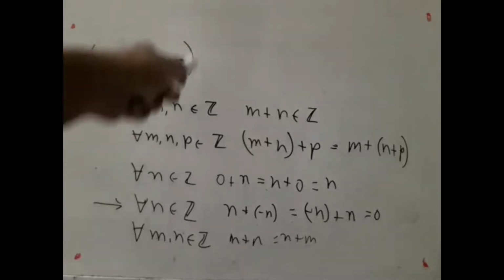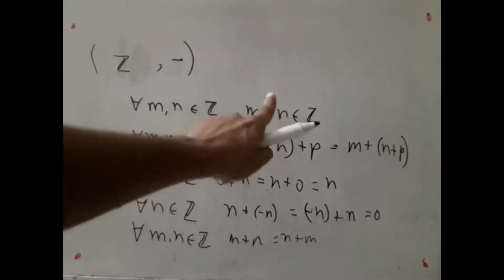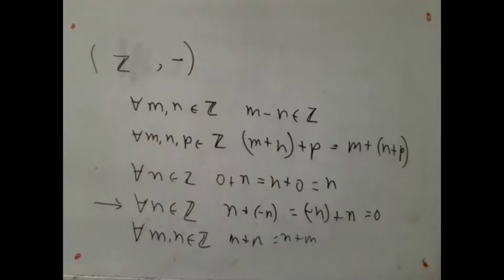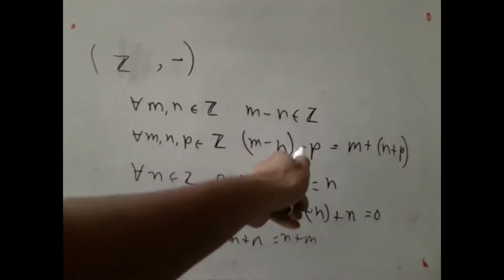Now, is this a group? Let's try. Z together with minus. So, for all m, n in Z, m minus n, yes, that is in Z. If you take two integers and subtract one from the other, you still get an integer. Will this work? This minus,